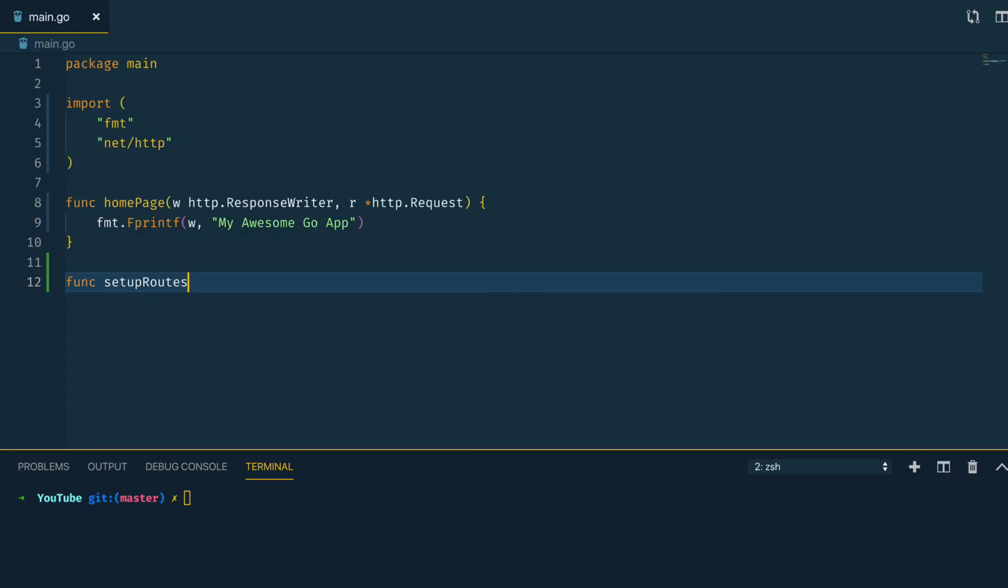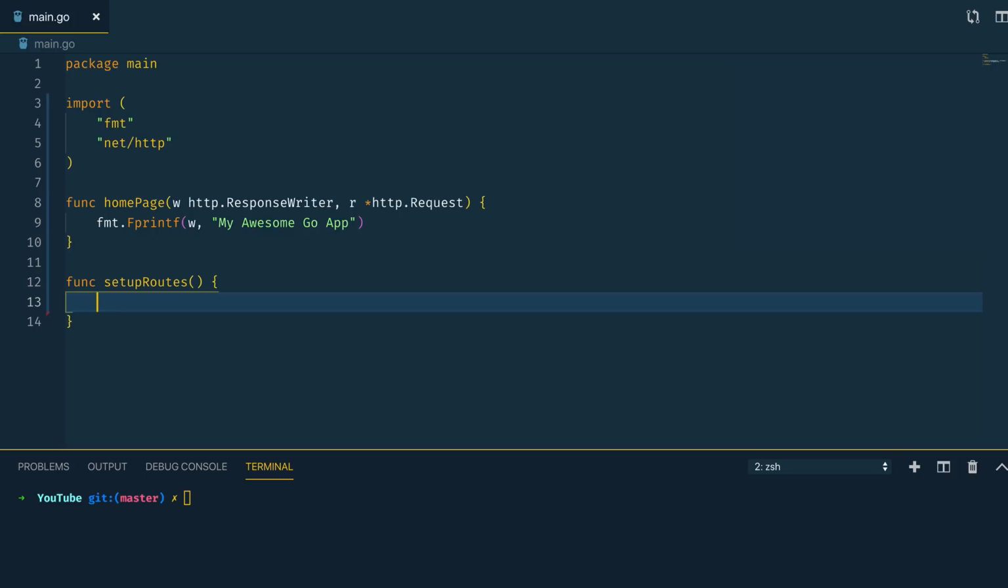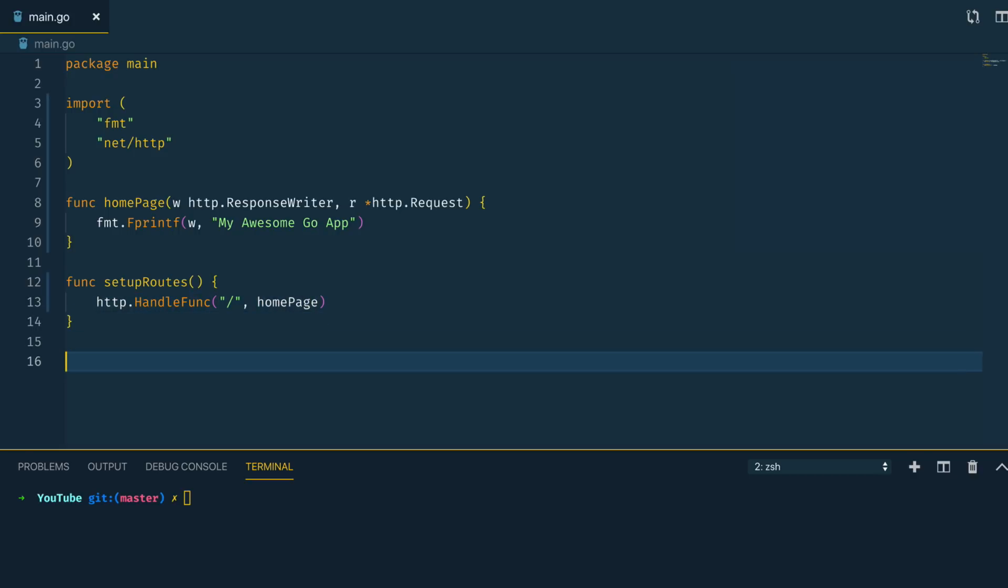Next, let's do that setup routes function. So setupRoutes. And this is just going to use http.HandleFunc, and it's going to map the homepage, or the / root of our application, to the homepage function, like so. And finally, let's define our main function. So func main